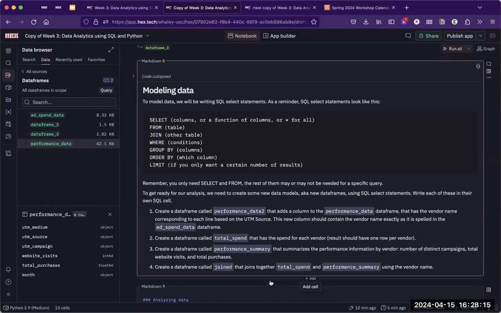So what's my marketing ROI is kind of our broad question. So getting really specific on what my question is and then stepping out what I need to do with my data to answer that question. Okay, I've done some of that stepping out for you here so that we can focus on the query writing